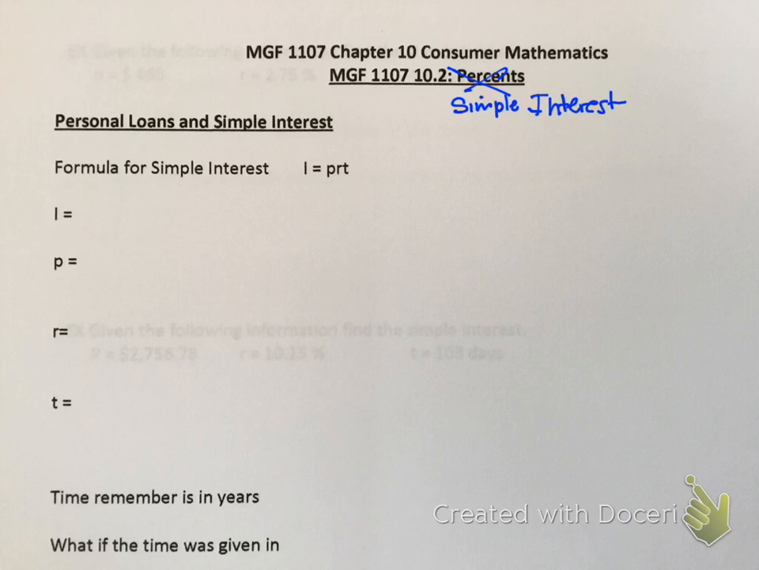Okay, so we talked about percents, decimals, and fractions. So we're going to use all the information that we learned from 10.1 in this section. So the formula for simple interest is I equals PRT. I stands for the interest earned. P stands for the principal. And the principal is going to be the initial amount